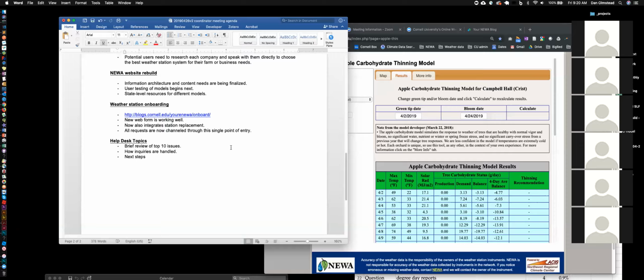One other thing I want to mention for the website rebuild is that we're going to have a system in place where we've got regional content. For example, if I am in Pennsylvania, accessing a weather station in Pennsylvania, it would be really great on that weather station page to see Pennsylvania resources. So we are putting a system in place, and I'm going to reach out to each of you individually with a list of things that we've pulled off of the current website to ask, what do you think of this list? Are there other things we can include, and so on and so forth.